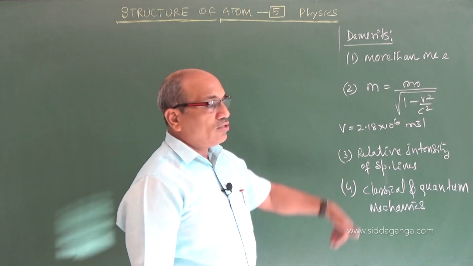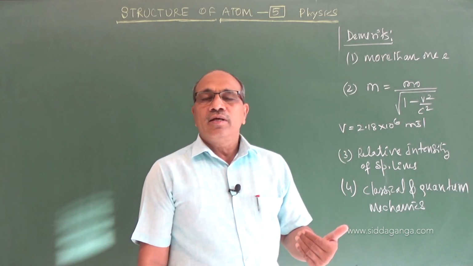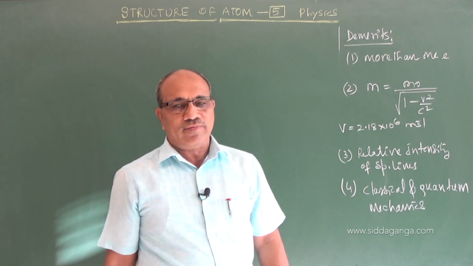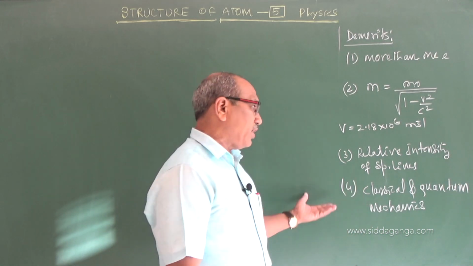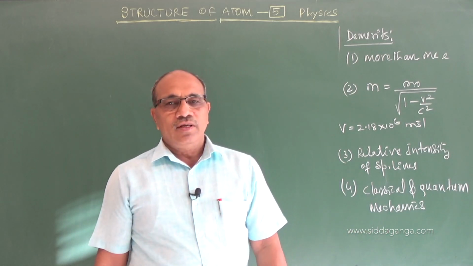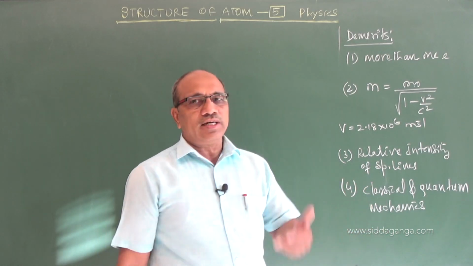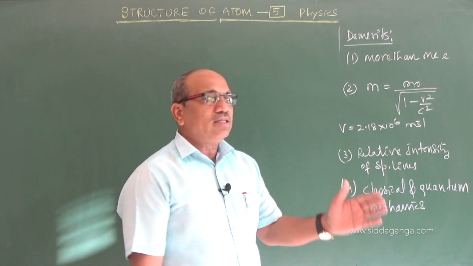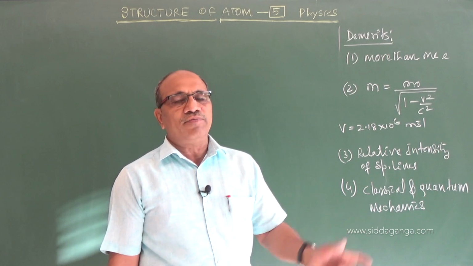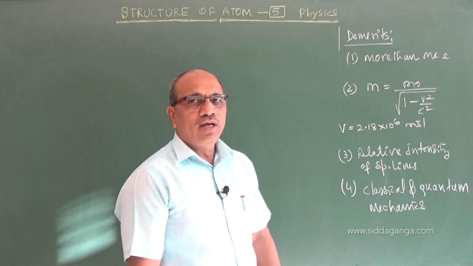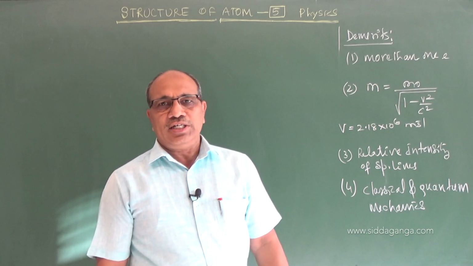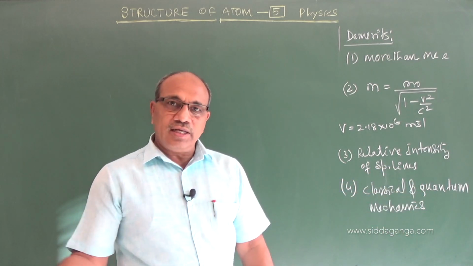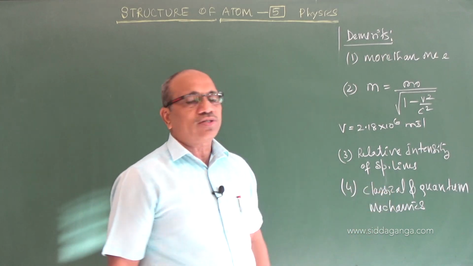Whereas in the second postulate he took that nh upon 2 pi, the orbital angular momentum, is quantized. Orbital quantization, nh upon 2 pi, is a quantum condition. Even the frequency condition, when electrons return to the lower orbits, the energy emitted is quantized. That is, the difference of energy of the two orbits involved is equal to the energy emitted. This is how quantum conditions are taken along with this classical concept.